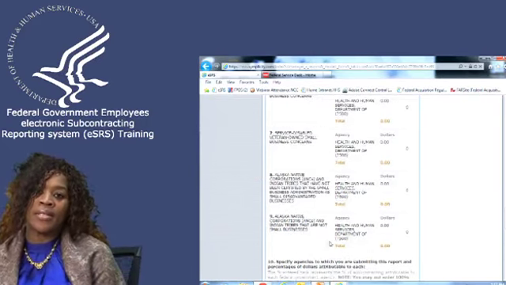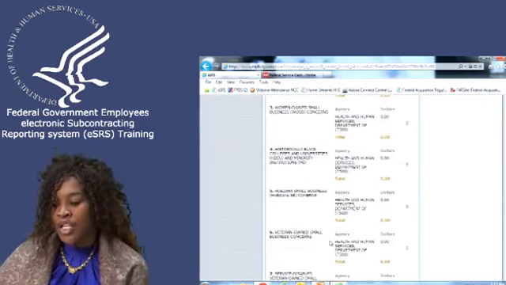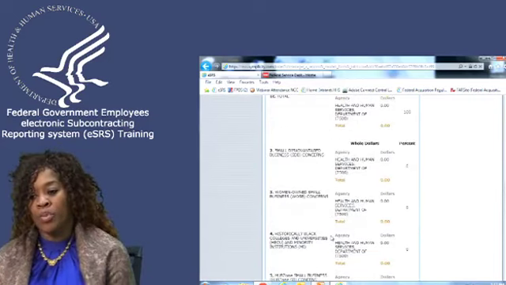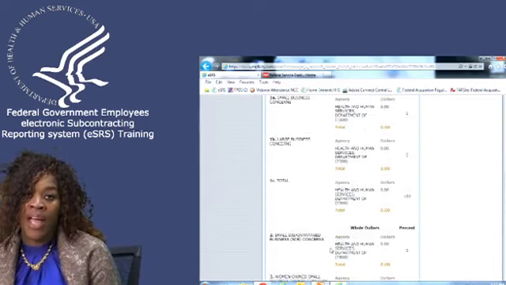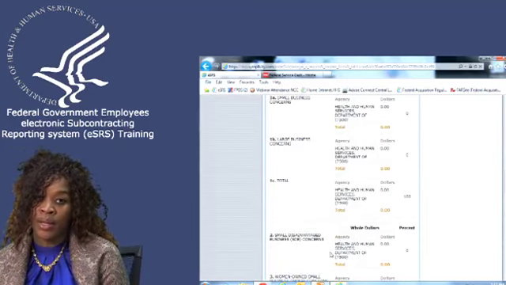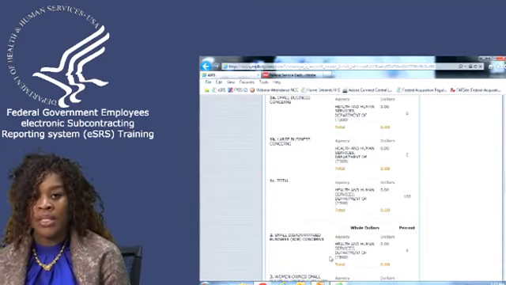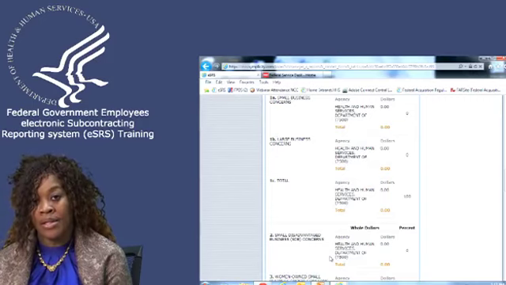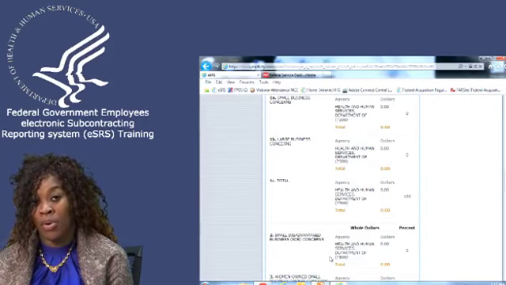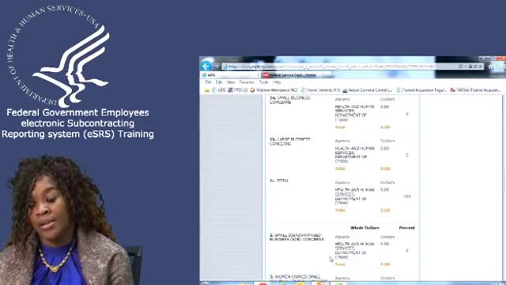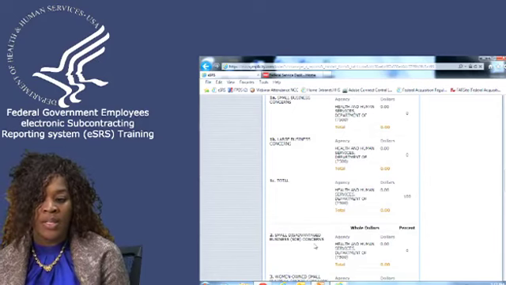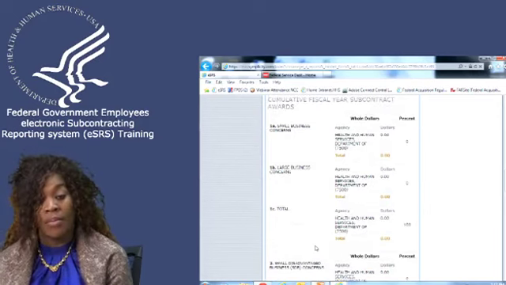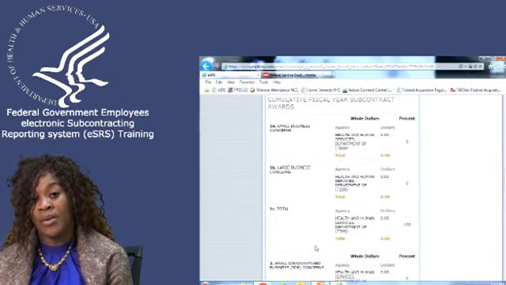So what that tells us is this particular contractor had a commercial plan on a base contract that would have task orders associated to it. Even if they have no subcontracting, they are still responsible for submitting a report, as this contractor has done. They have entered the totals of 0 because, again, they have not been awarded any task orders, so they have no subcontracting accomplishments.